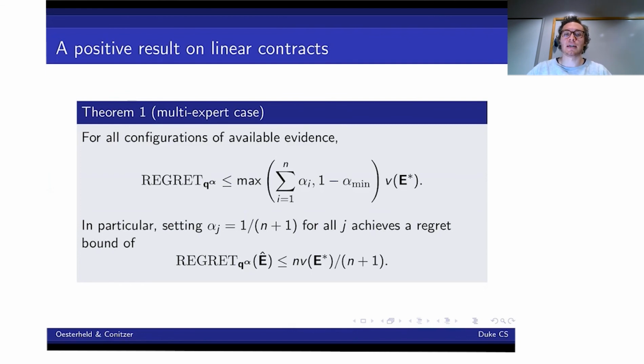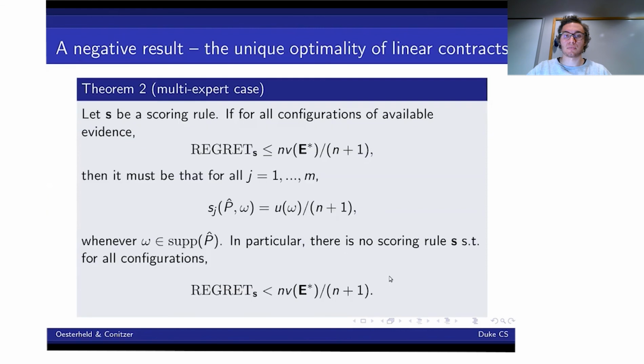And the tightest bound we get is if we simply set each of these fractions to 1 over n plus 1, where n is the number of experts. And then this achieves a regret bound of n times the value in the first best solution divided by n plus 1. And again, for the multi-expert case, there's also the corresponding negative result. So here too, if we have any scoring rule that satisfies this regret bound,